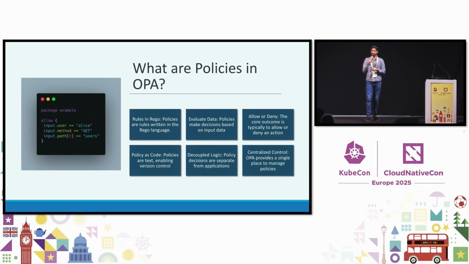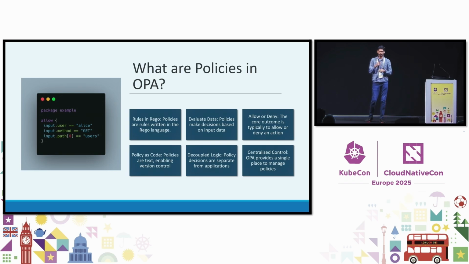So this is a sample OPA policy. Here we say this is a particular user, this is the HTTP method, and this is the endpoint a person is trying to access, a user's endpoint, and especially the user alice is the one who will be able to access this particular endpoint. It provides an output like deny, and based on that condition you can decide what you want to do, whether you want to allow this particular user to access the admin page or the user's page in this case.